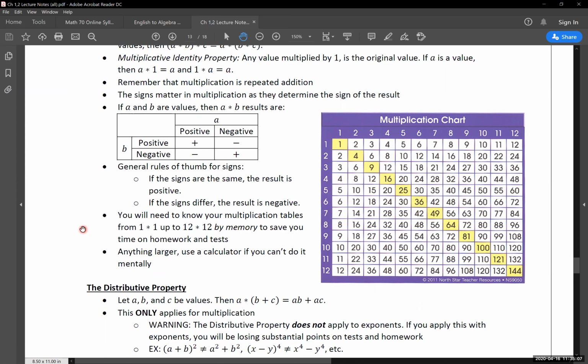I think there are a few apps that you might be able to find if you go into the app store, like multiplication flashcards or anything like that. Just go through and drill on those for a little bit. And even if maybe you don't have 1 through 12 nailed down, I would say at least have 1 through 10, as best you can, because that's a good chunk of these things that you're going to want to have memorized. And again, if you have anything larger than that, 13 times something else or 24 times some other number, you don't need to have that memorized. Just use a calculator if you can't do that mentally.